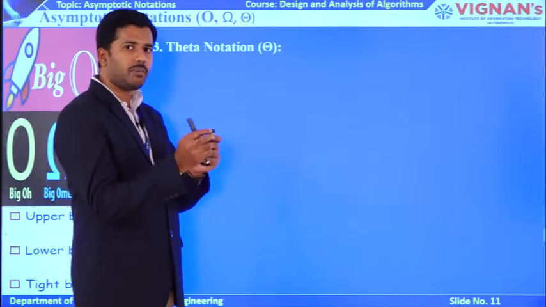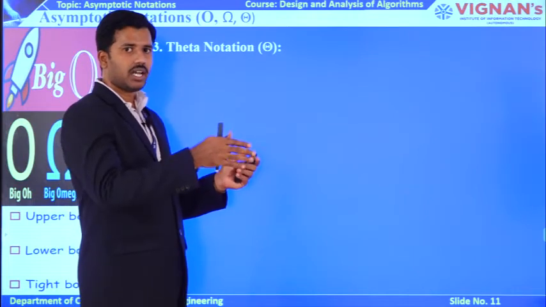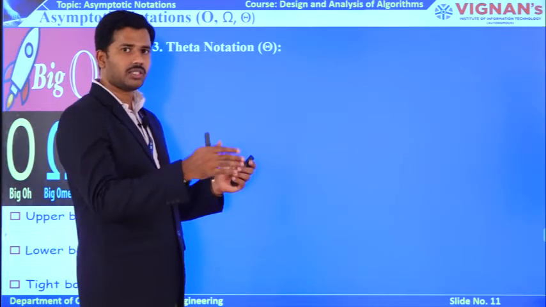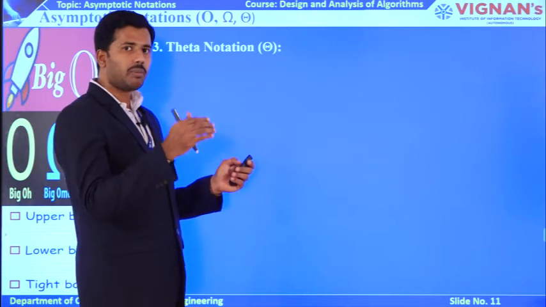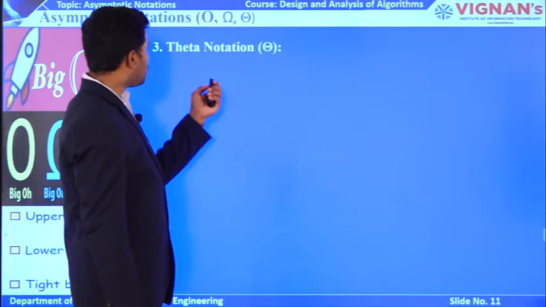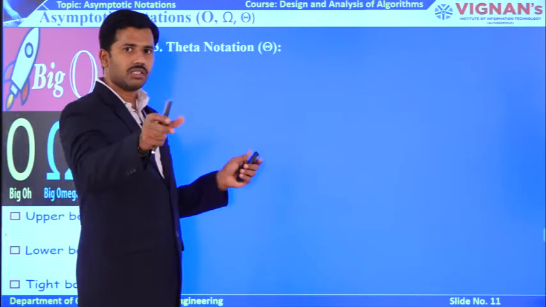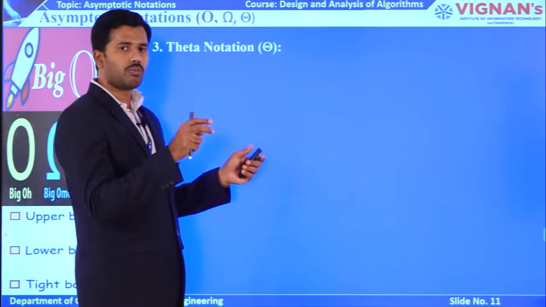It is nothing but in between best case as well as worst case. Then only you can say the average case. Why? Because in average case you are getting the results at the middle of the iteration. So that's why this relation is in between best case as well as worst case. So you need to take both relations.